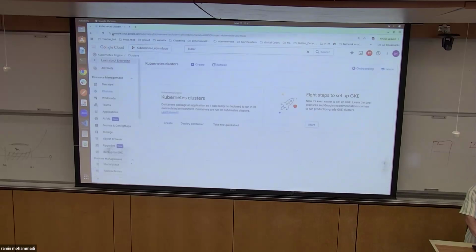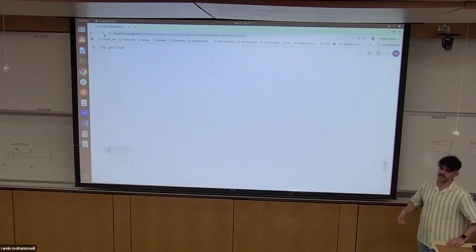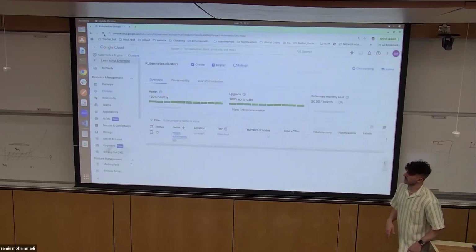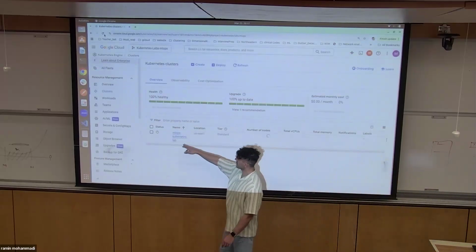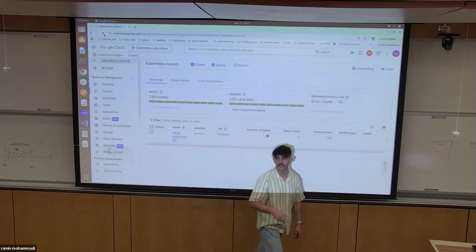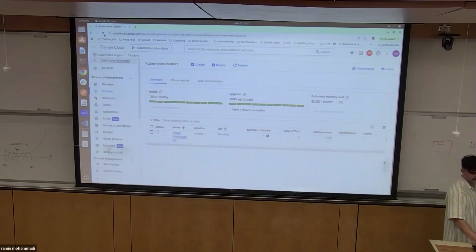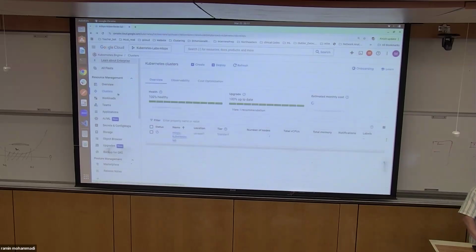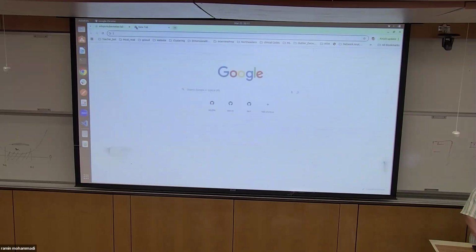So now you will see if I refresh this, the thing about Kubernetes is that it takes time to come up. So this right now is being created. Whenever that's complete, then you can access it. It says number of nodes 1, and that's the default. So if you go also on it, then it tells you what percentage is completed, 31%, for example. Now, after this is done, let's go back to